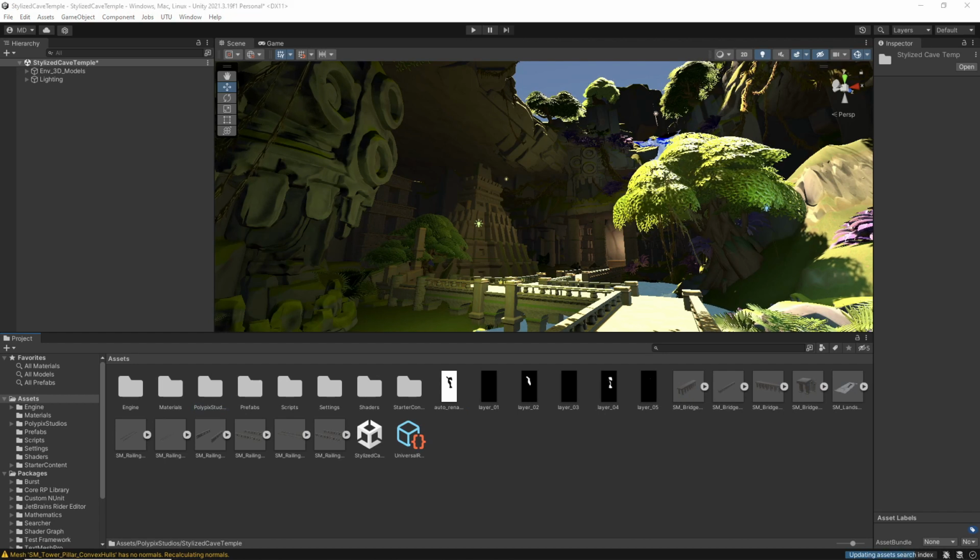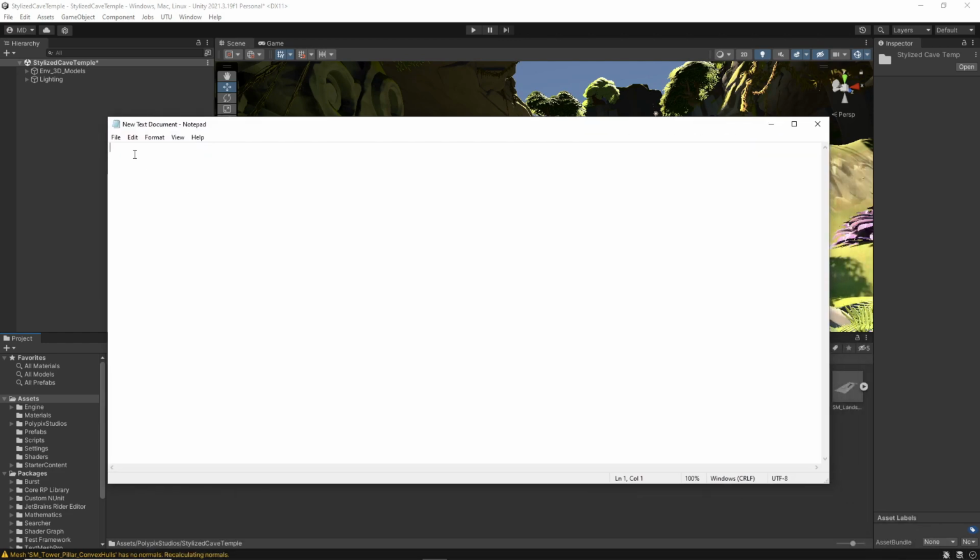So think of it like this. In Unity, they have a specific folder structure. Firstly, you're going to need to name a folder which is the publisher name. So in Unity, this is their folder structure. It has to be the publisher first. That's the publisher name folder, and then underneath the publisher name folder would be the asset pack name folder, and then underneath that are the assets themselves,